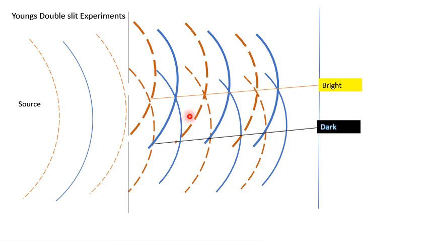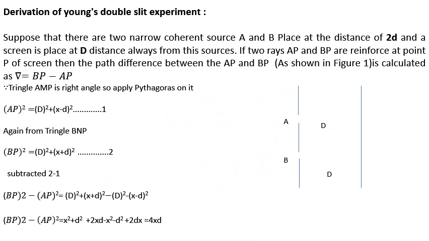We have seen that in some places we get a bright fringe, and in some places we get a dark fringe. It means that with the help of this experiment we can perform interference, and we can produce two coherent sources. Okay. Now, in Young's double slit experiment,